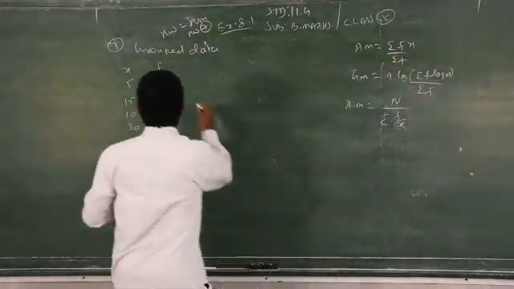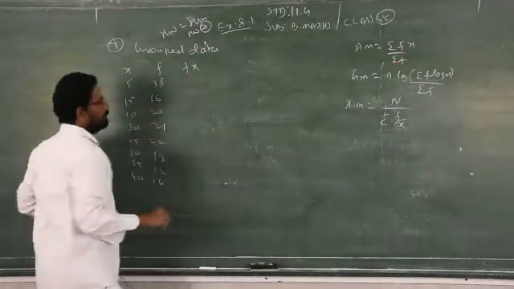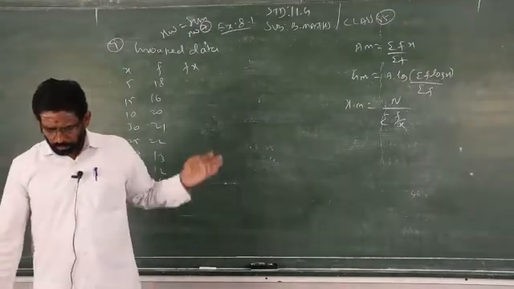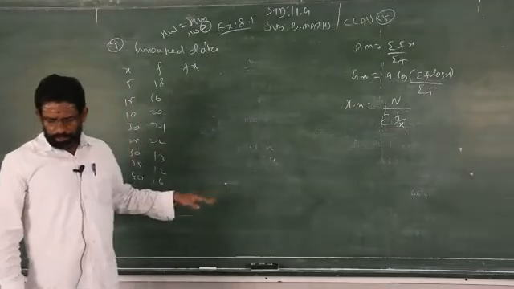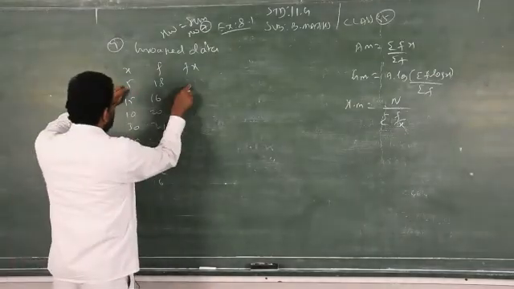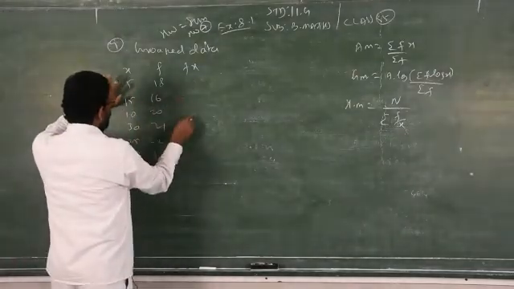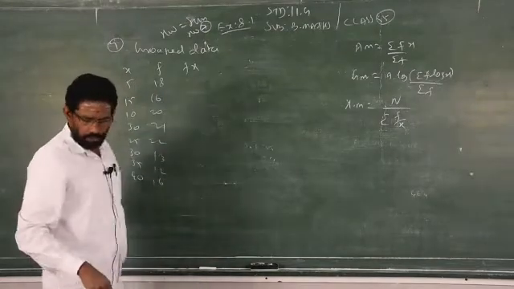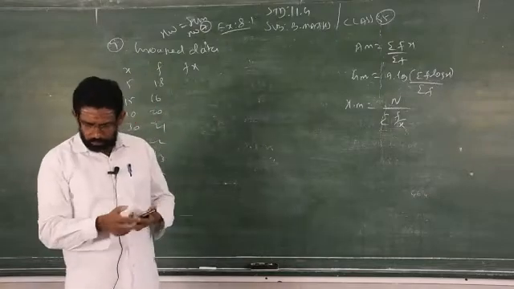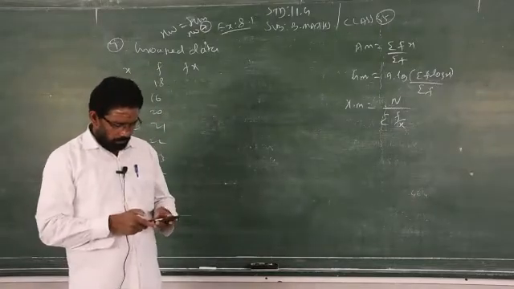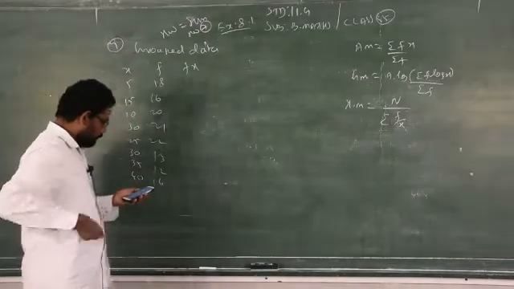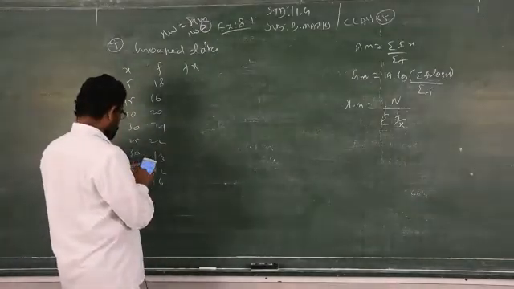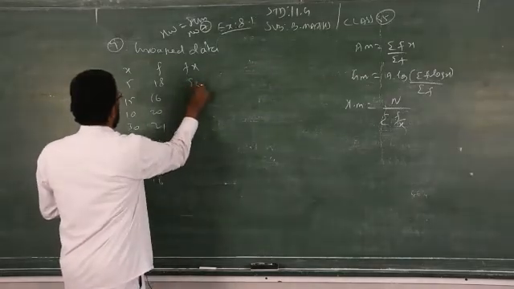To find AM, what is the formula? Fx. So you have to find out fx. You already know this from the lower classes. You have to multiply and write: 10 into 20, 30 into 21, 25 into 20. Clear? We will do it now with the help of calculators, but you please do all the calculations at home with calculators. So 5 into 18, that is 90.